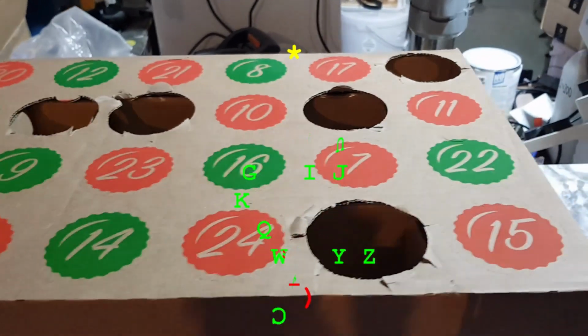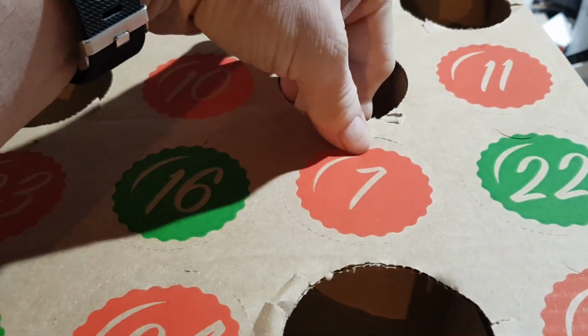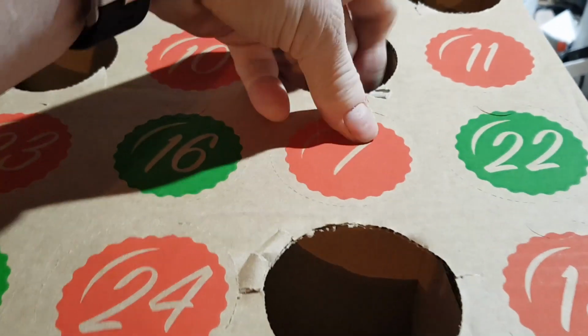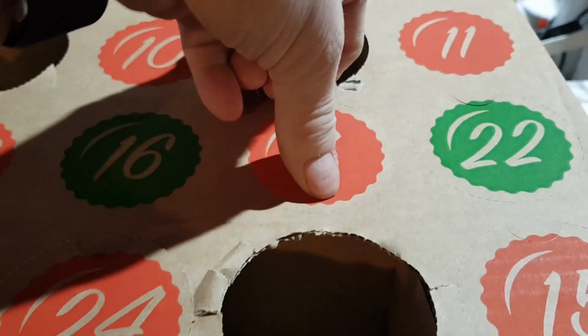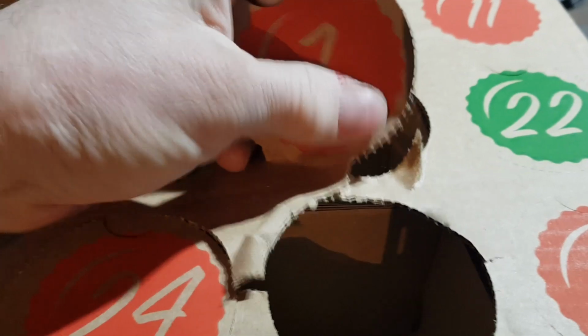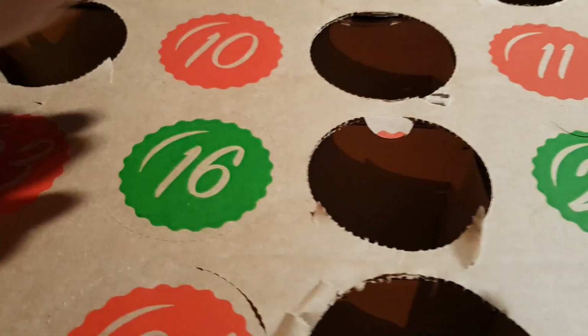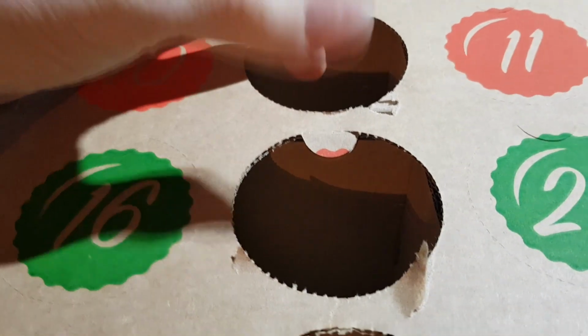Day 7 of the Advent calendar. I don't think this box is really going to last, is it? Let's be fair. I have a feeling that we will end up with quite a few